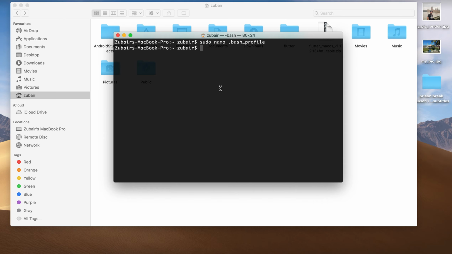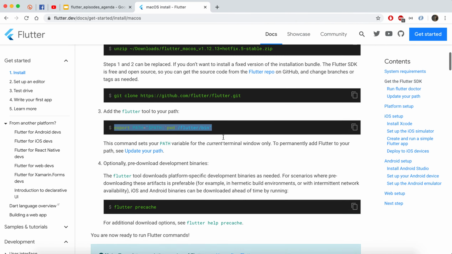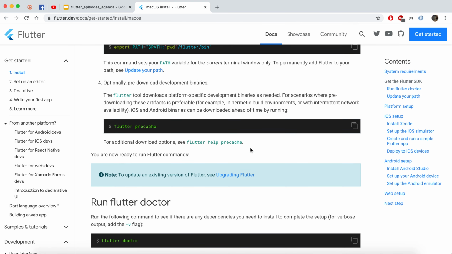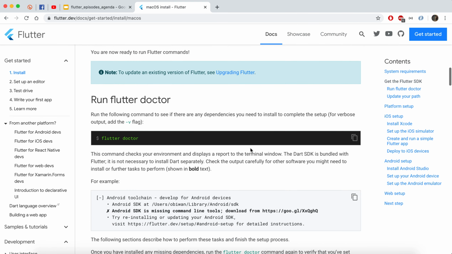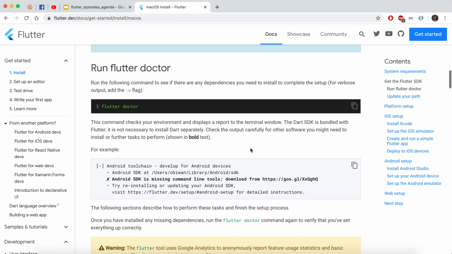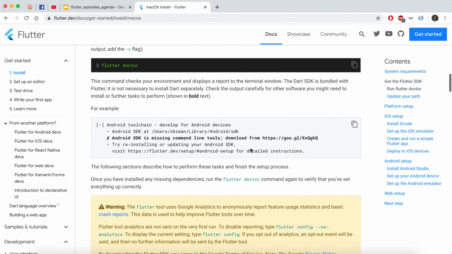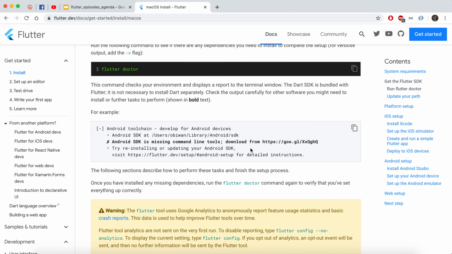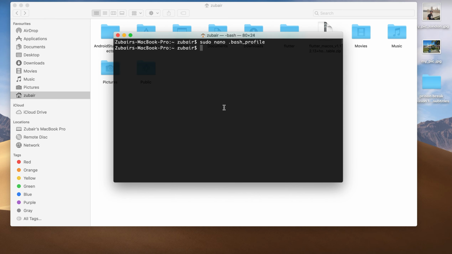You will see in a bit. Further, if you scroll down here, you can see there are a lot of Flutter commands you can use as a Flutter command line interface. The first and very basic command is flutter doctor. So if you write flutter doctor like that and hit enter,